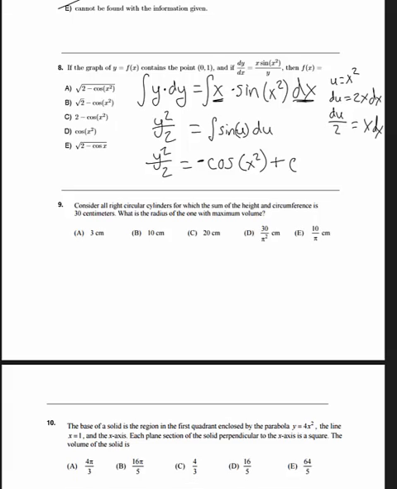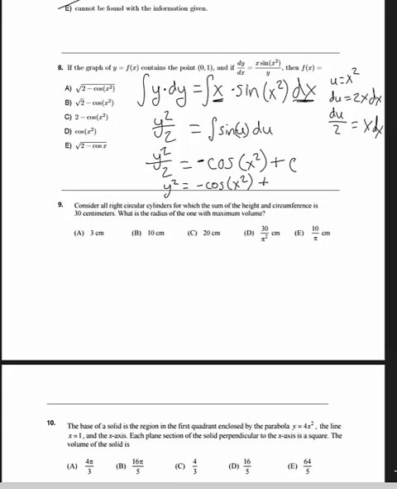Now we want to solve for y, right? F of x is like y. So we can either multiply by 2 here, or we can plug in our point and solve for c. It doesn't really matter when we solve for c. I'm going to go ahead and just multiply both sides by 2. So I get y squared equals negative cosine of x squared